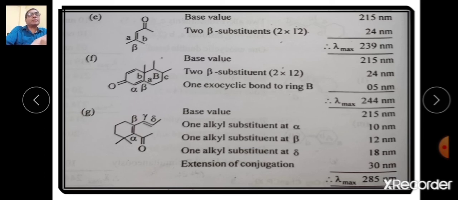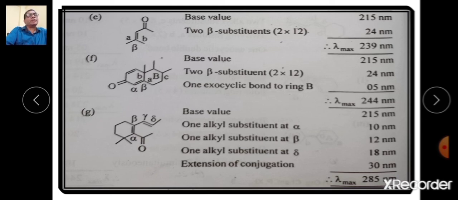One alkyl substitution at delta. Here the conjugation is extended through beta, gamma, delta, and this is the substitution on delta. Of course for delta add 18 nanometer, and as there is an extension of conjugation add 30 nanometer,